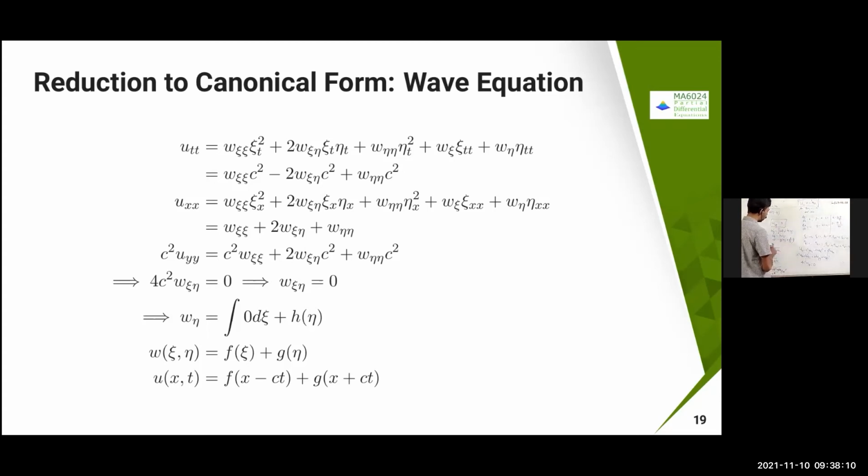So therefore your U is going to be g of, what is eta? Eta is x plus ct, g of x plus ct. And chi is equal to x minus ct. So if you remember your wave equation solution, it is of this form: f of x minus ct plus g of x plus ct. So that means we are not contradicting anywhere. Whatever we got in that wave equation once we solve, the same thing we are getting here also.